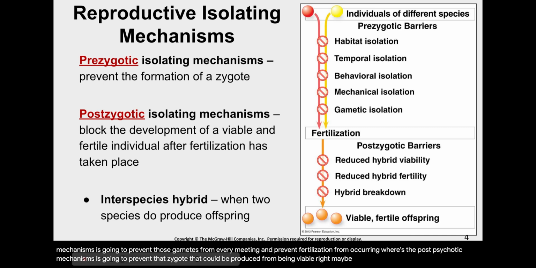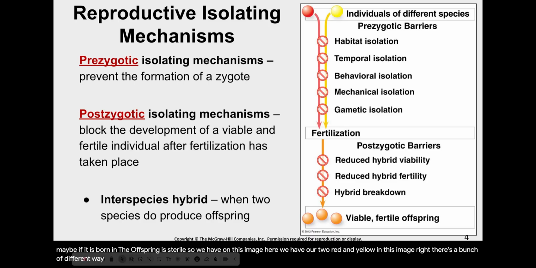Maybe that offspring is never going to be born. Maybe if it is born, the offspring is sterile. So on this image here, we have our two gametes. They're red and yellow in this image. There's a bunch of different ways that they could be isolated pre-zygotically, so they physically never have the chance to meet. They could meet and fertilization could occur, but there's going to be another series of obstacles standing in their way